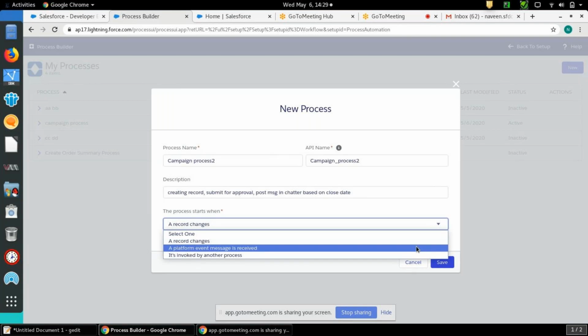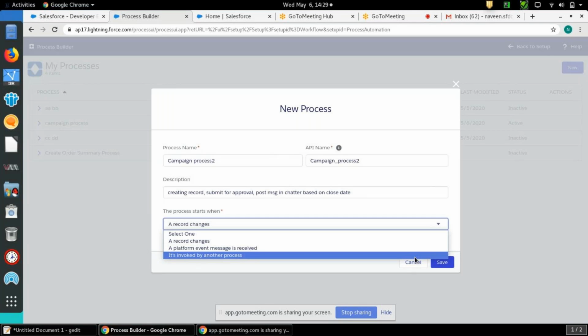Invoked by another process is when you already created one process and want to call this new process from that old process. So these are three options you can use to create a process.